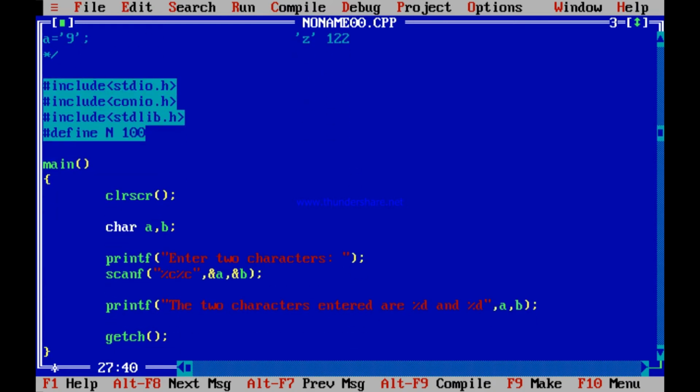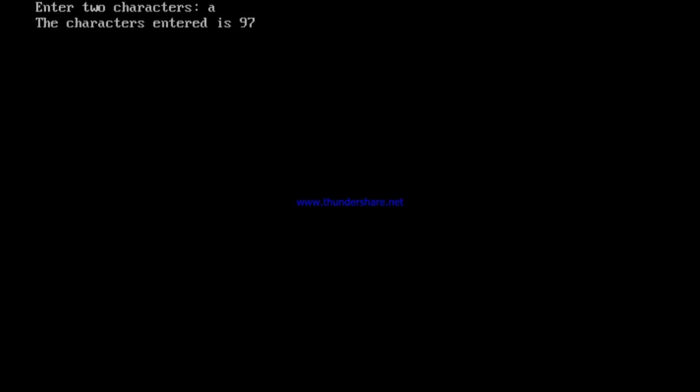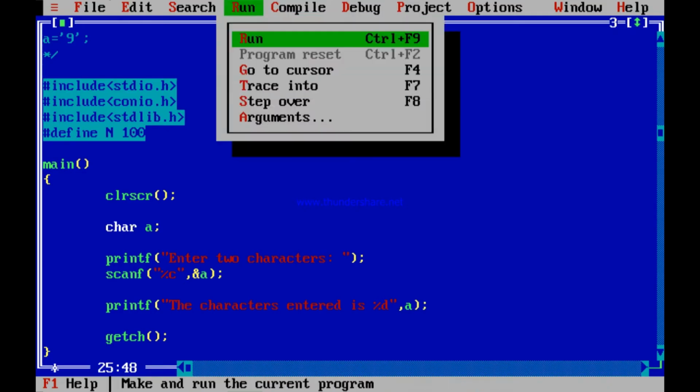So what have I done? I have scanned two characters and printed them as integers. So let us make it simple now. One character I scan and print that one character as an integer. The character you entered is %d, not %d and %d, just one %d, and this is A. So if I print, I will get to understand A is 97, B is 98, C is 99.